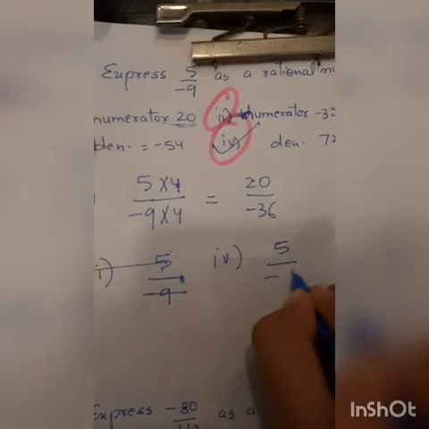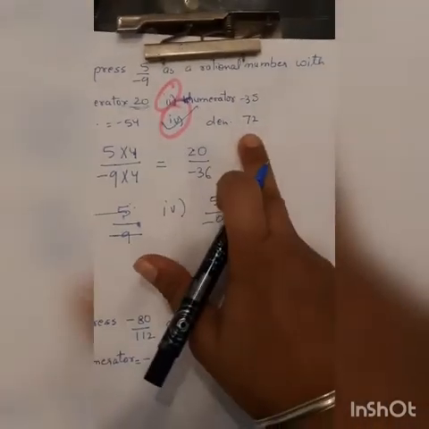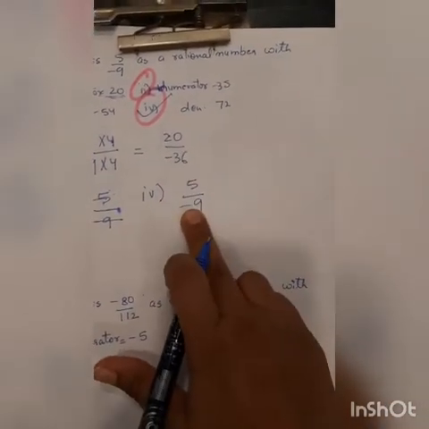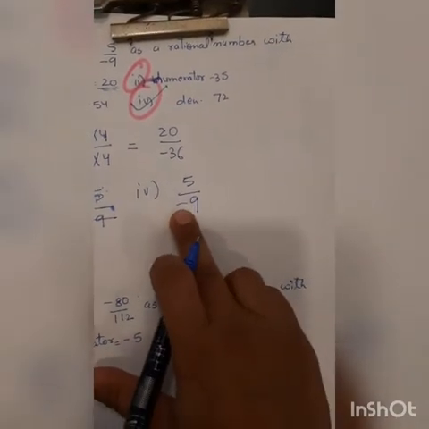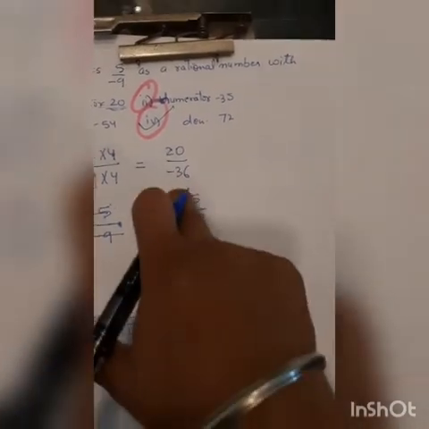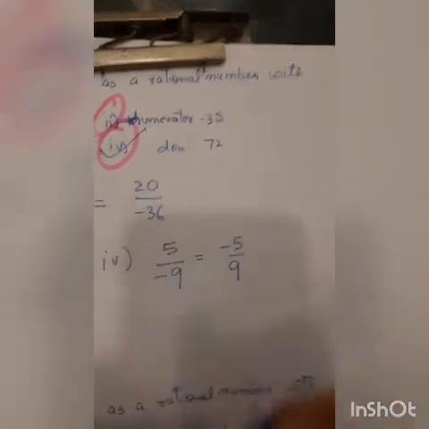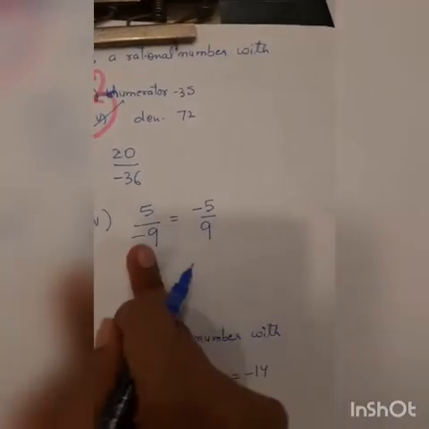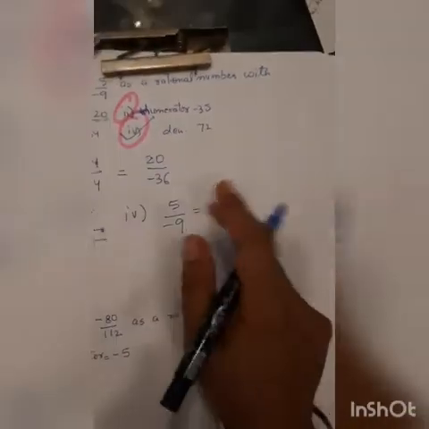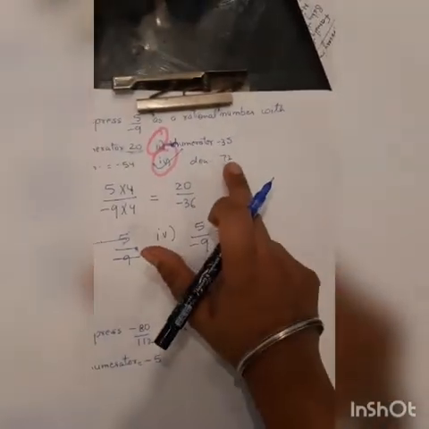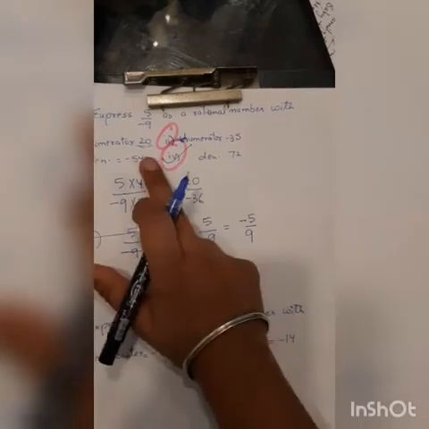5 upon minus 9. Students, here they are saying denominator should be 72. I have a negative number. How can it be positive? So it means they are asking me to shift the minus sign up. So first I will write it as minus 5 upon 9. Now I can do the multiplication because they are same only if we shift the minus sign up or down. But the standard form of writing is this. Moreover, they want me the denominator to be a positive number, not a negative number.